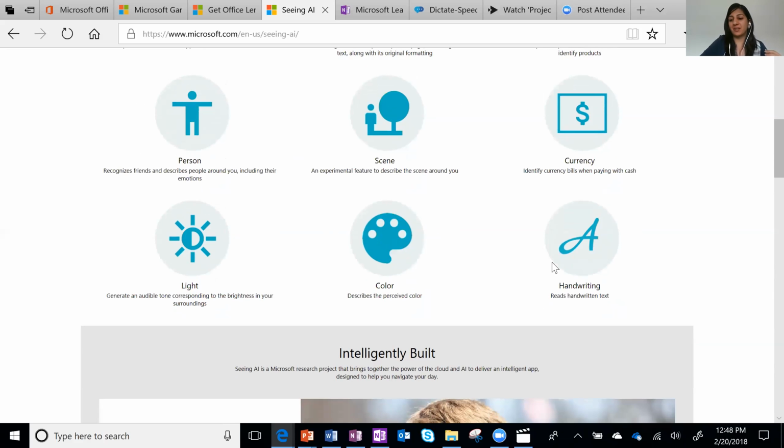So a parent who's blind was telling me that they're training their kids to write neatly, and they're saying the bar for good handwriting is if AI can recognize your handwriting.